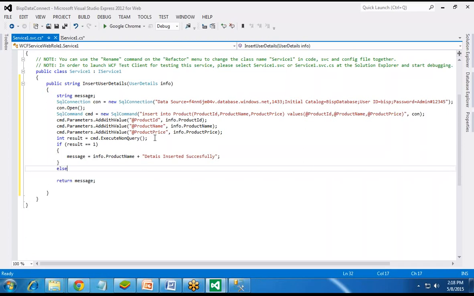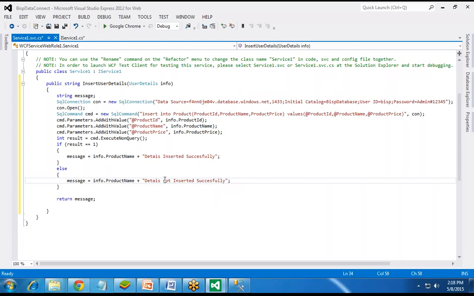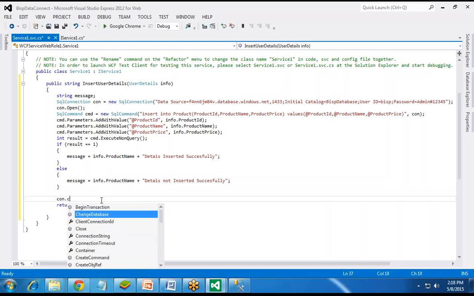And if it is not able to save the record, it will set the message details not inserted successfully. And after that, before returning, we close the connection, and it will return a message. So that's all in this service.